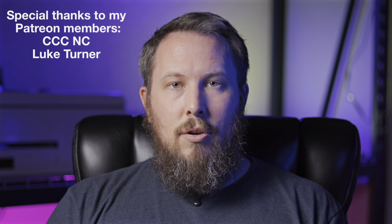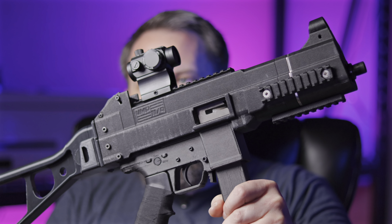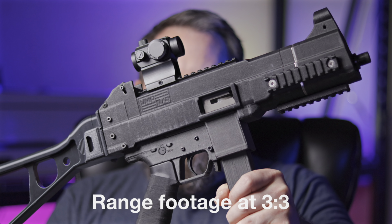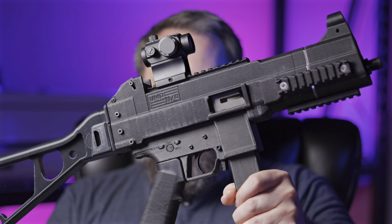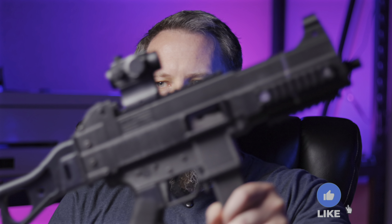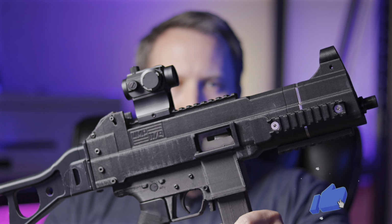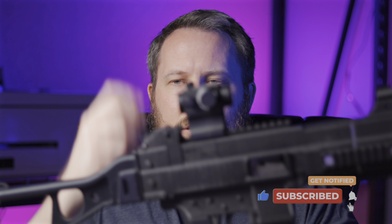Let's get started. Okay, so today we're going to be talking about the UMP 11.9. This is a UMP clone that utilizes a bolt and a barrel and trunnion from a Mac 11. So this is chambered in 9mm. This is basically UMP at home. And everything you see here is additively manufactured, other than this metal reinforcement plate here and obviously the hardware and stuff. So this is one of those special projects where you're not just printing a lower and then